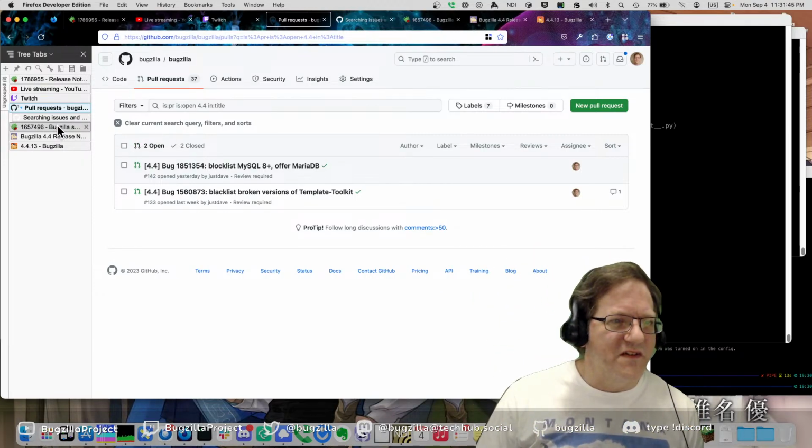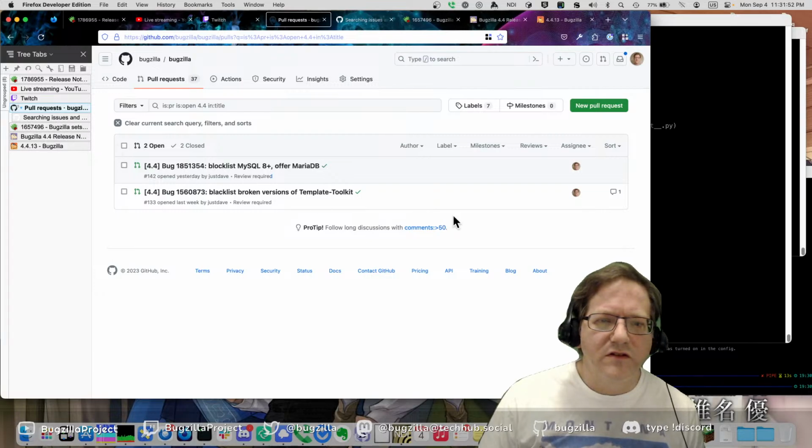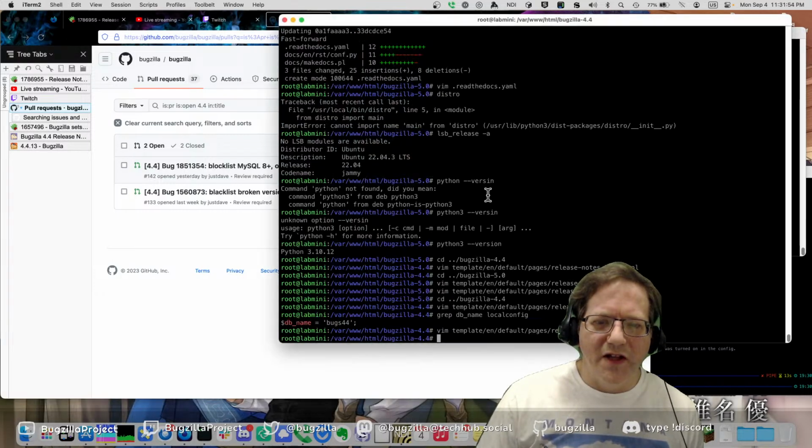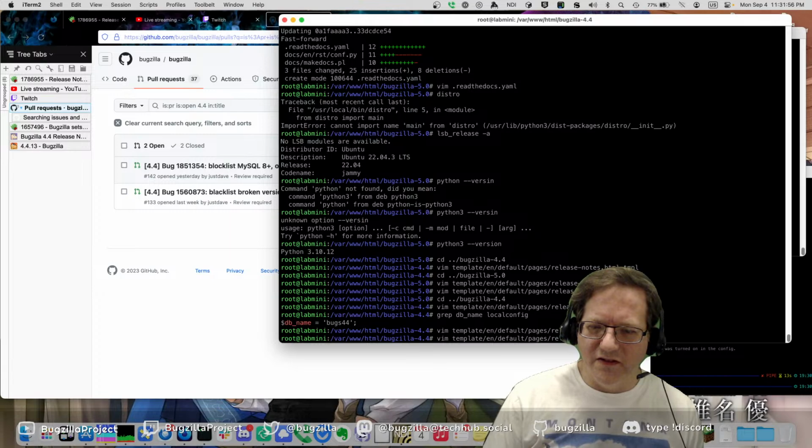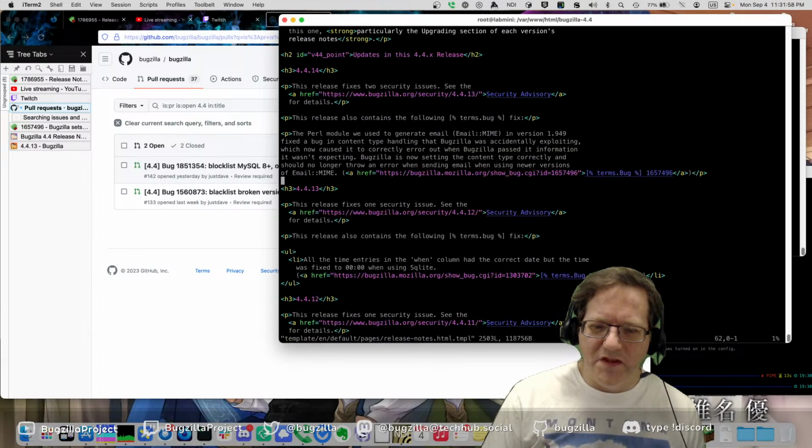Template Toolkit isn't going to be user-facing. It's changed requirements. But blocking MySQL 8 is worth mentioning.